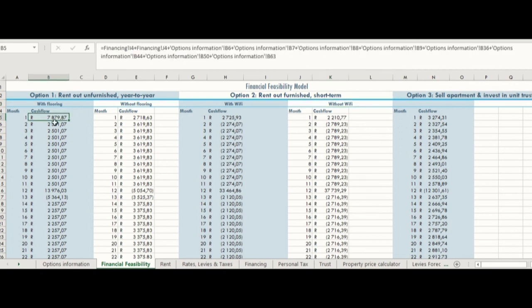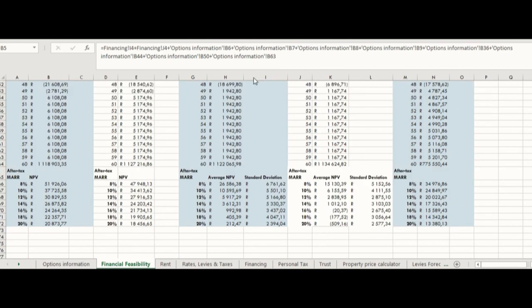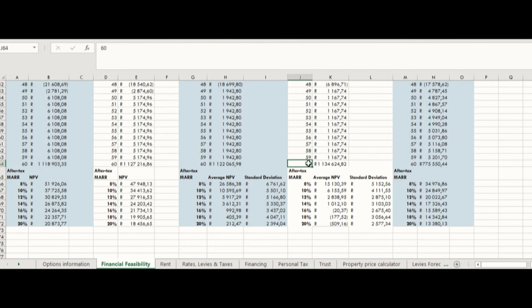A cash flow was drawn for over a 60-month period, with each revenue and income drawn for that time, all the way through to the 60th month, and finally we find that they sell the houses in option 1 and 2 and draw the money in option 3. Now we can see for different after-tax MARs, different NPVs for each scenario. So in conclusion,